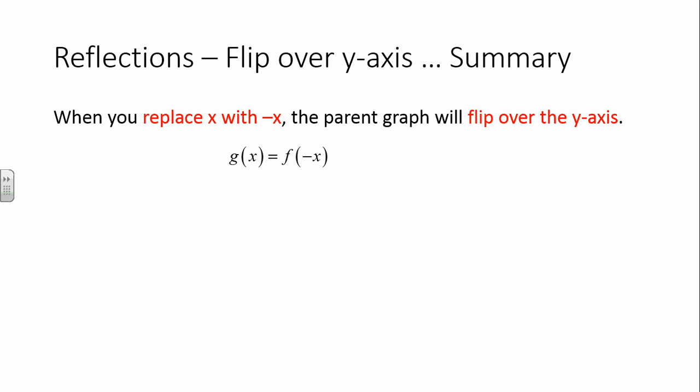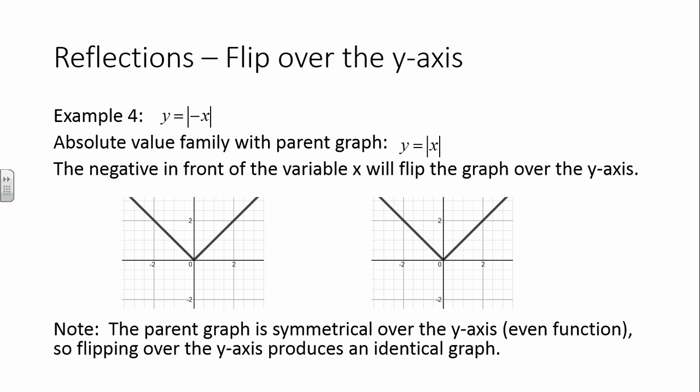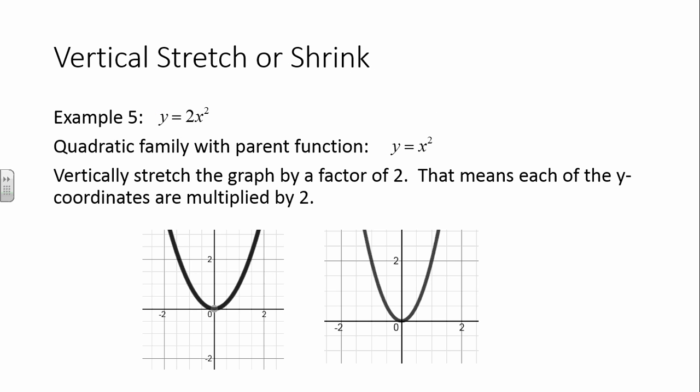Okay, so in summary, if I'm flipping it over the y-axis, I want to be thinking of replacing my variable with the negative of the variable. So instead of using x, I use negative x, and that will flip it over y. Oh, sorry, I think I went the wrong way. Okay,